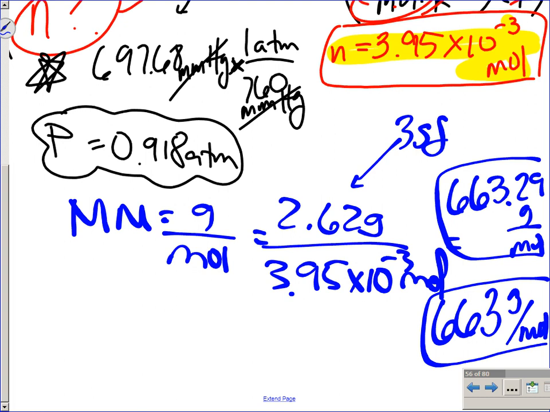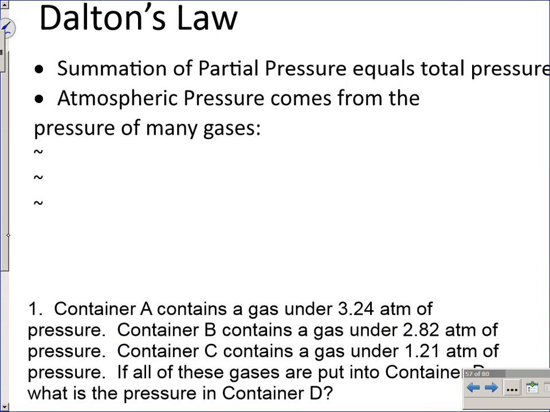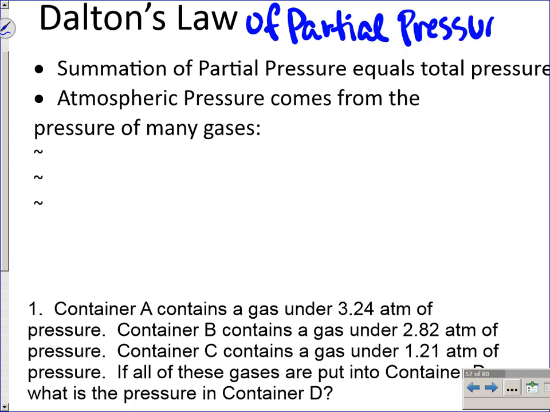So in that case, let's go back to Dalton's law because we didn't get to finish this yet. So this is what you're writing in your foldable. Dalton's law is very simple. So Dalton's law is called Dalton's law of partial pressures. So Dalton's law of partial pressures means that we take each individual pressure